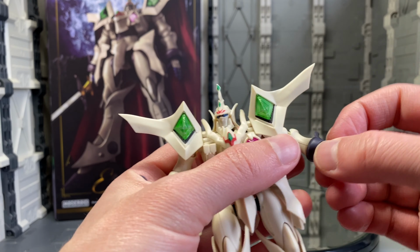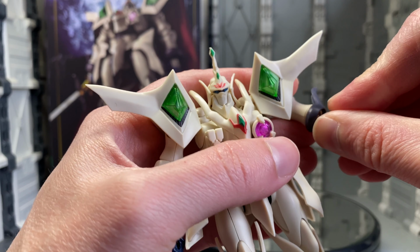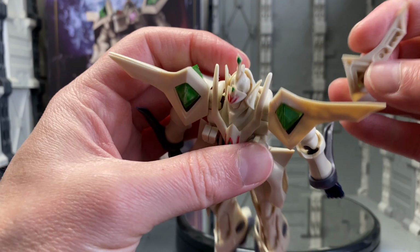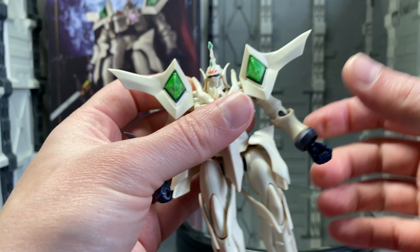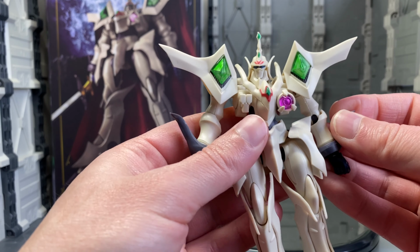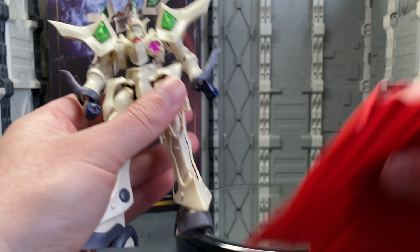So not a whole lot you can really do with this guy. Simple ball joint connection for his wrist, and nothing really too much to write home about as far as articulation goes on this guy. Although considering, for the most part, I would imagine everyone out there is going to display this guy with his